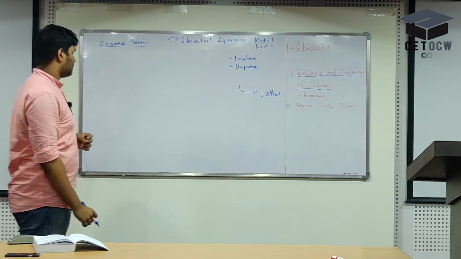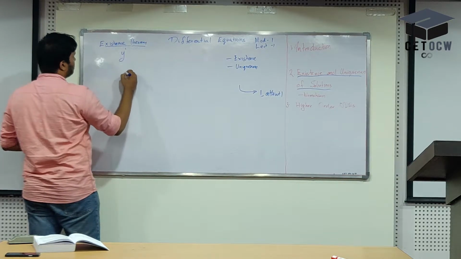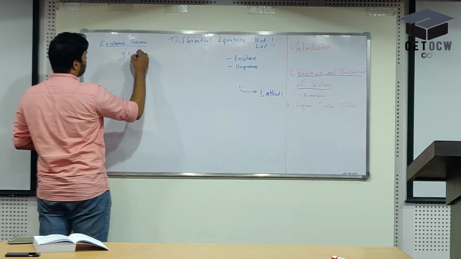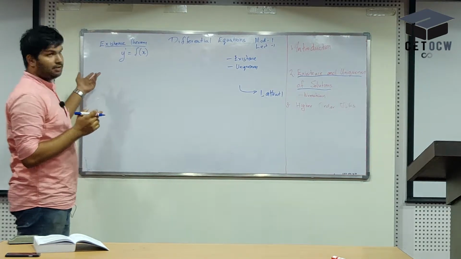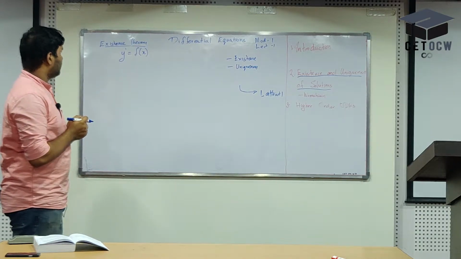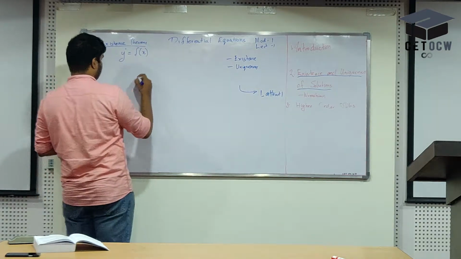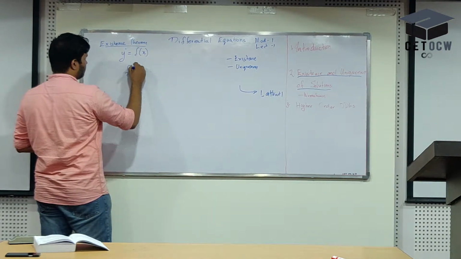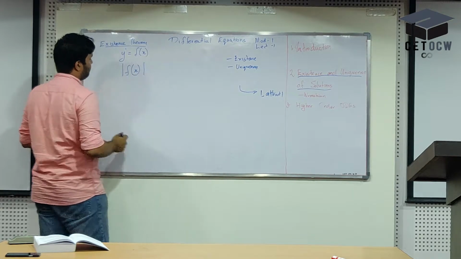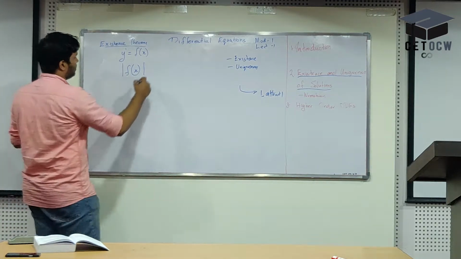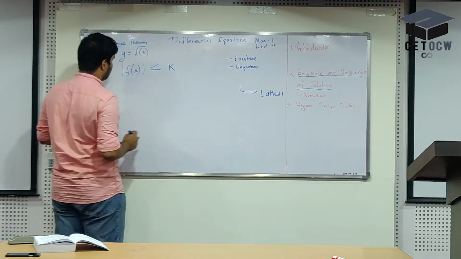The existence theorem says that for a function such as this, y dash is equal to f of x, you agree that that's an ordinary differential equation, and for such a system, if you can say f of x, or modulus of f of x, is less than or equal to some constant k,